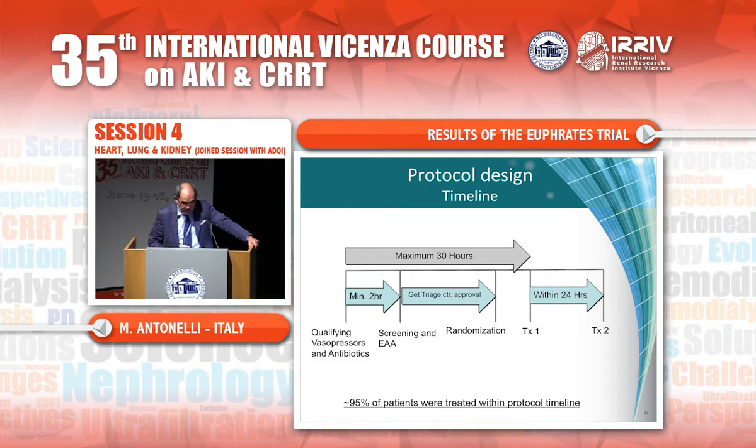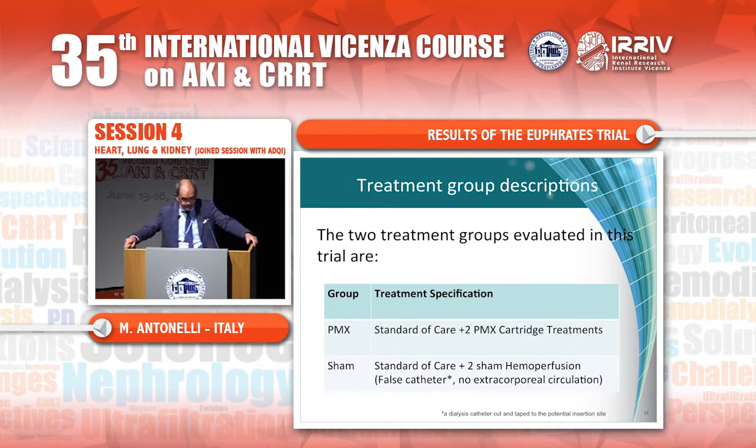And 94% of all patients were treated following this timeline. The 2 treatments evaluated were the standard of care plus the 2 polymyxin cartridge treatments, and the sham group of patients received the standard of care plus 2 sham hemoperfusions, which means a fake catheter without any extracorporeal